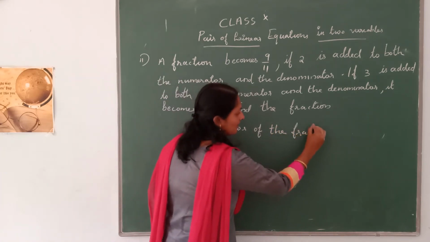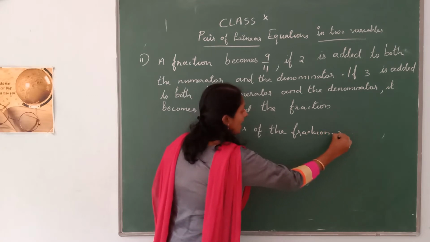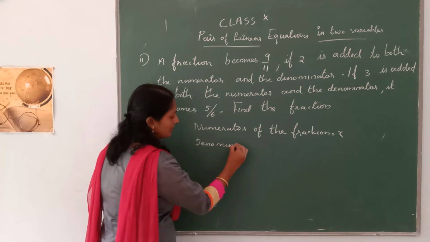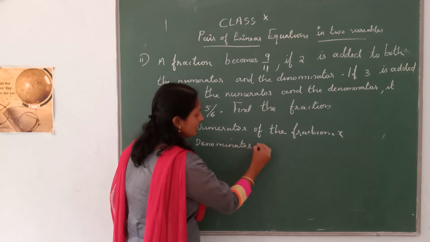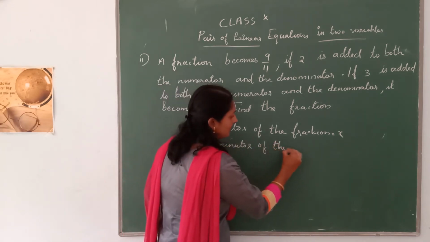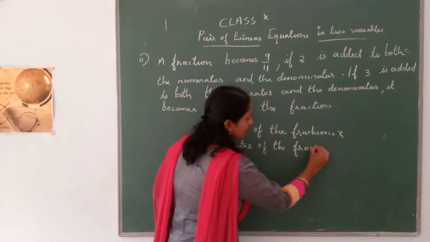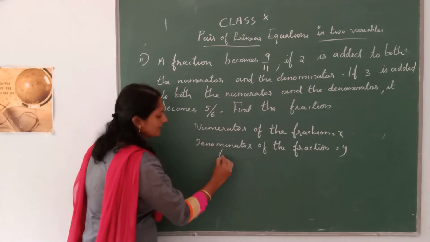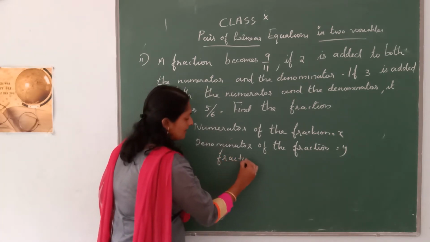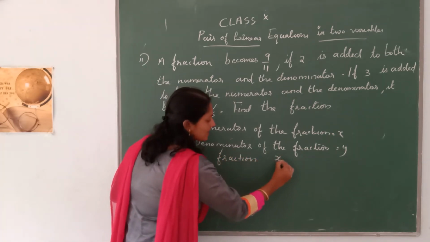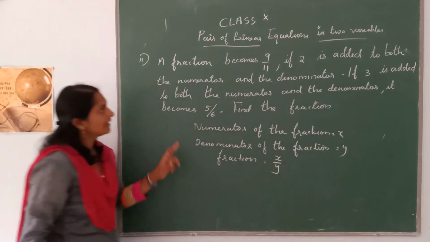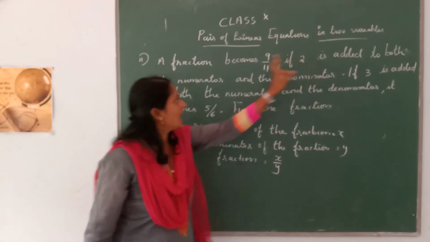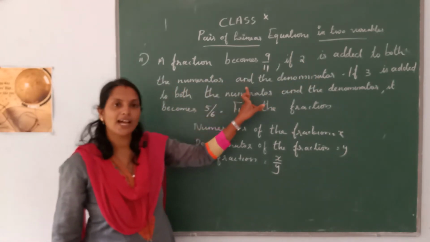be x and the denominator of the fraction be y. Therefore the fraction will be x by y. Then according to this question, if 2 is added to both the numerator and the denominator,